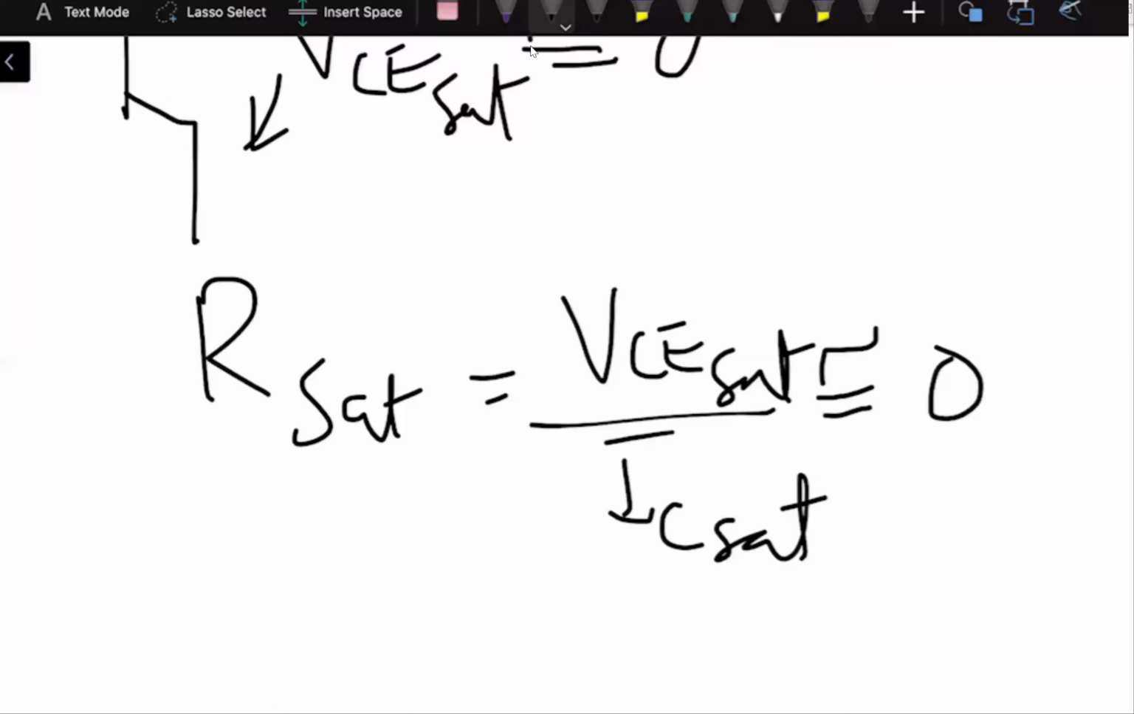And if the transistor is in the cutoff region, the current flowing inside the transistor is almost 0. IC is 0, and when IC is 0, the resistance works as a very high resistance, because in the denominator the current is 0. So the transistor can work as an open switch, right? So in saturation